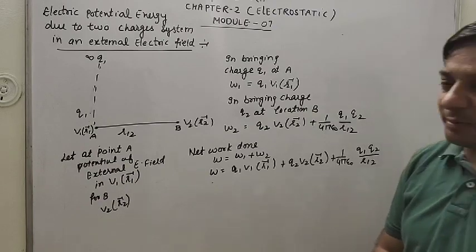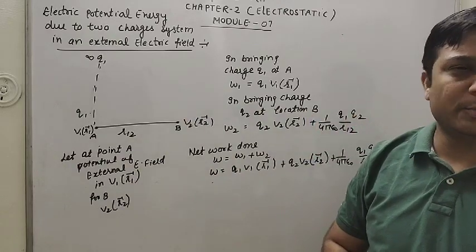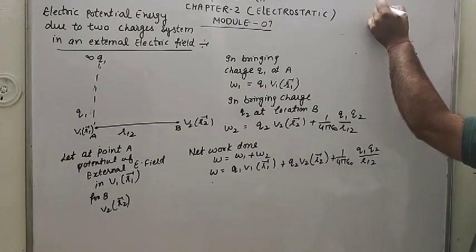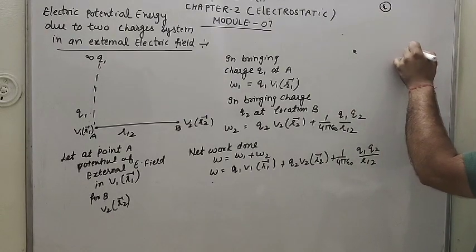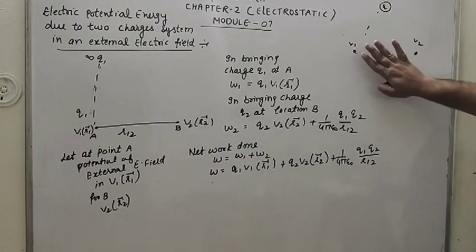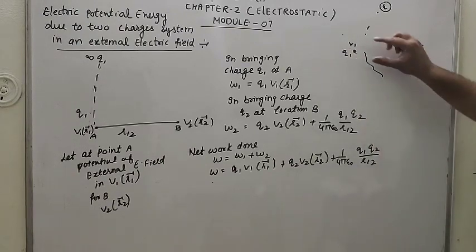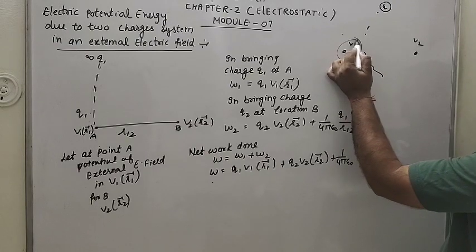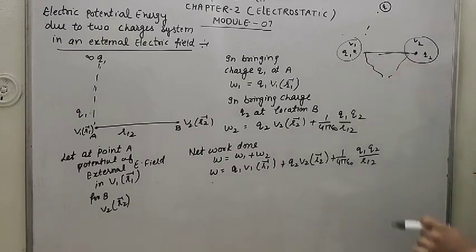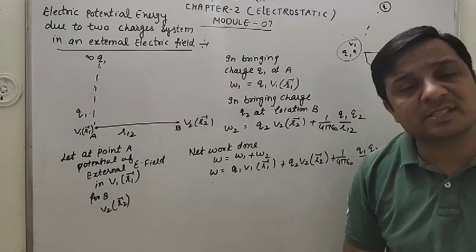And in an external electric field, dear student, in every field there is a potential. Suppose this is a charge q, and at these locations there is a potential, v1 and v2. This is the potential of this charge when we bring the first charge here. Because there is a potential, the work done is potential times charge. When we bring the second charge, again potential times charge, and also because of the assembling of these two charges, work is done. Similarly, I have done in this question.